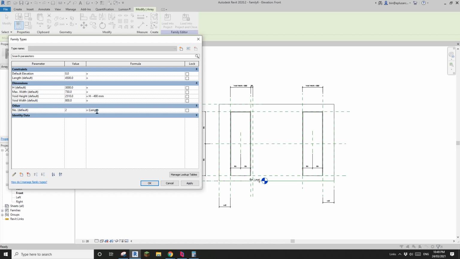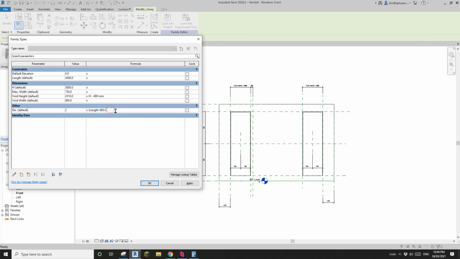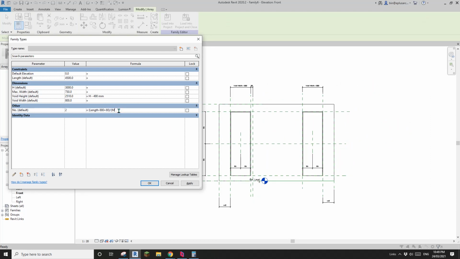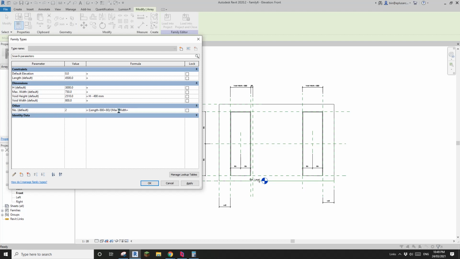So first, length minus 880 plus m in here is 80, right? Bracket minus bracket void. Void is a maximum void. Okay, so max width plus 80. Okay, so this will give us the number of void. So if I click apply,